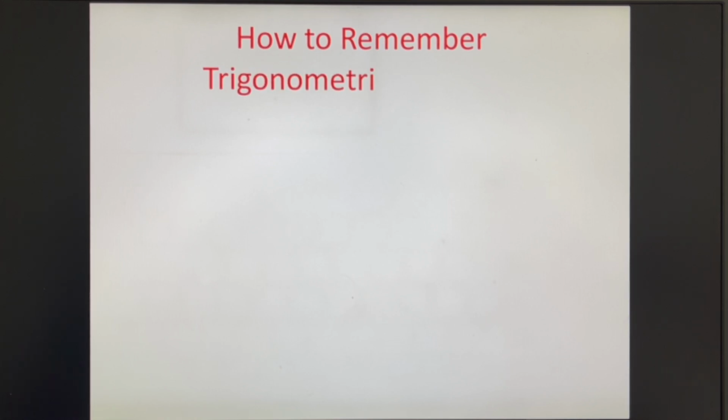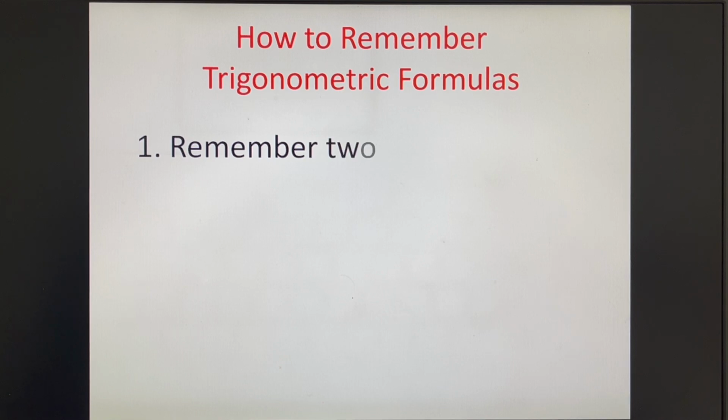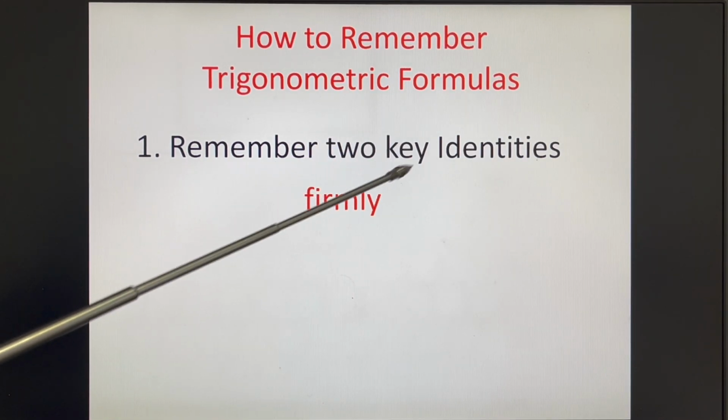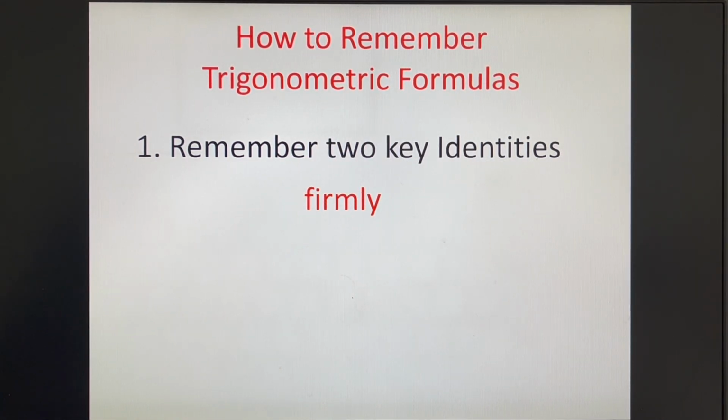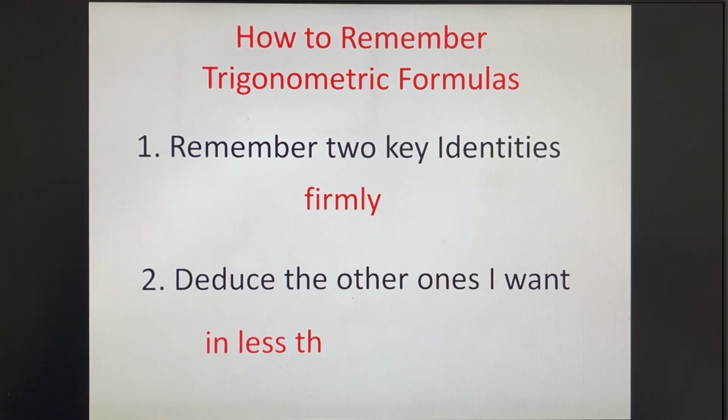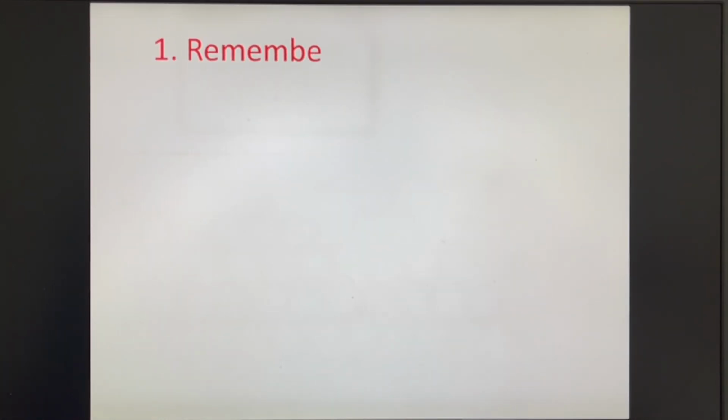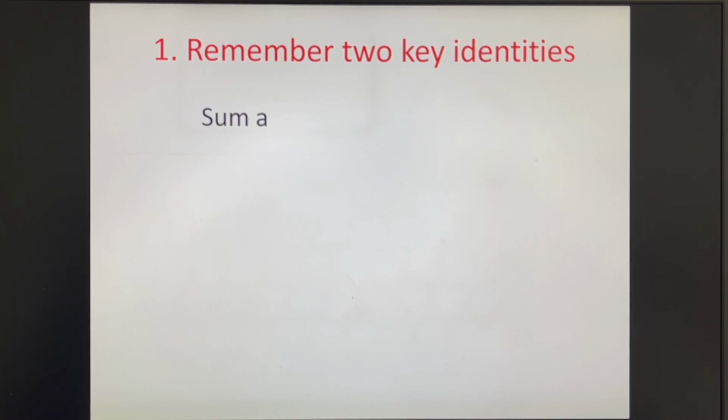How to remember trigonometric formulas? Two steps. First, remember 2 key identities formally. Second, deduce the other ones I want in less than 30 seconds. First step, remember 2 key identities. I notice sum and difference formulas can deduce other identities. They are